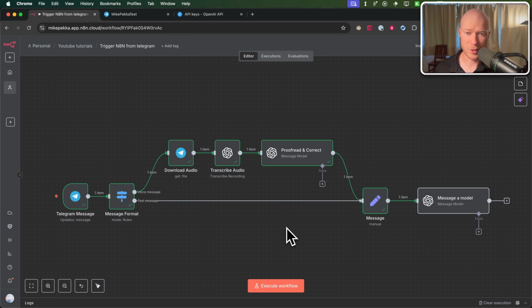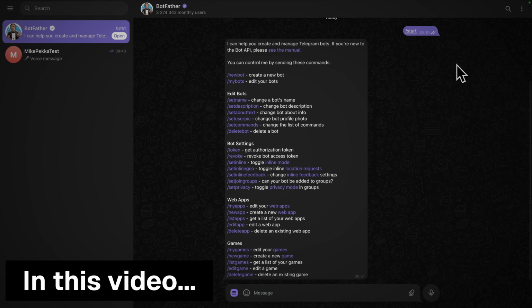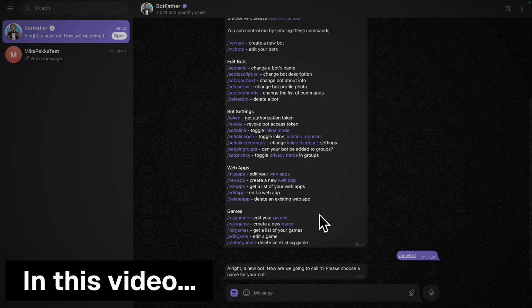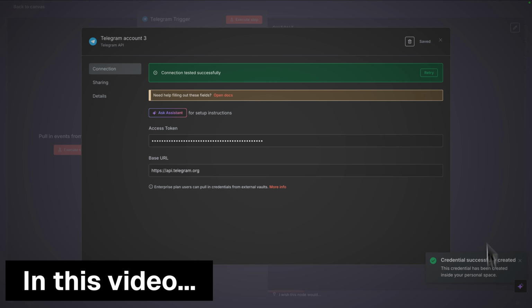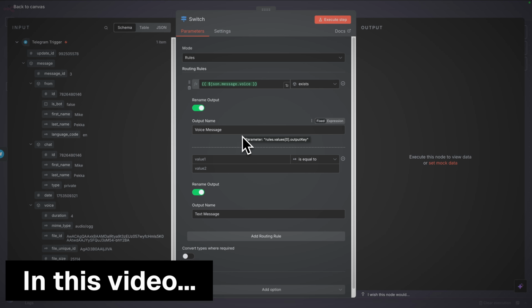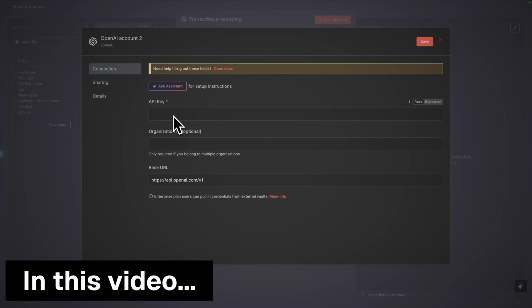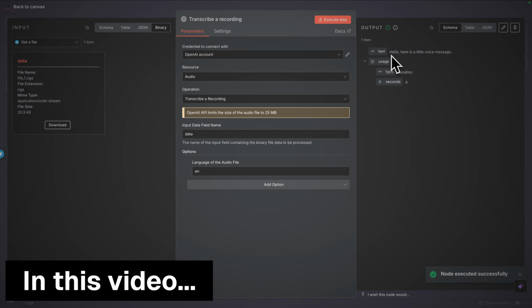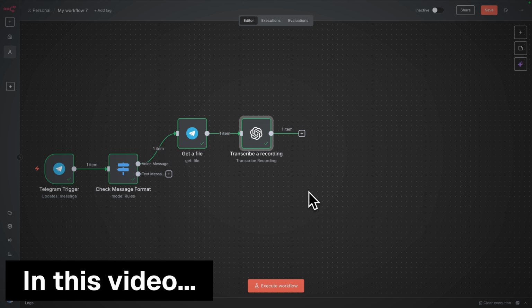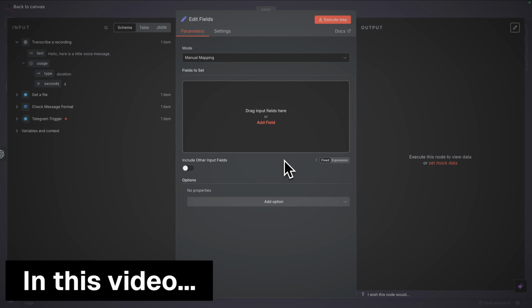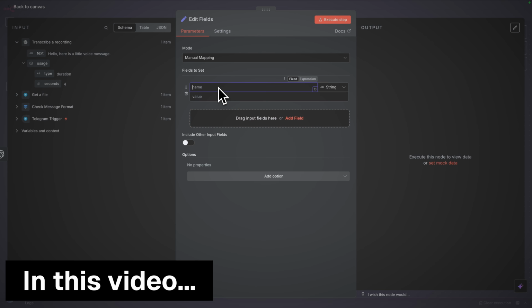And in the next few minutes, we're going to build this exact setup completely from scratch. We're going to look at how you can connect Telegram to n8n, how you can get your Telegram API keys, then how you can make the automation tell the difference between a voice message and a text message, how we can turn the voice message into text, so how we can transcribe it, and then finally, how we can combine both voice messages and text messages so we can just use them as one data field